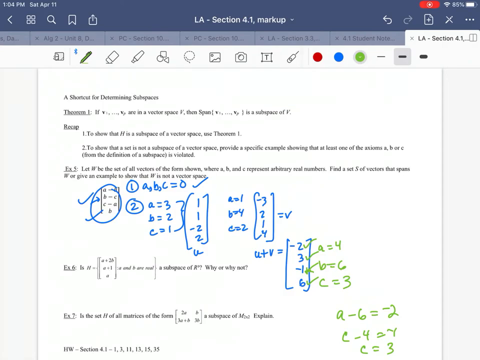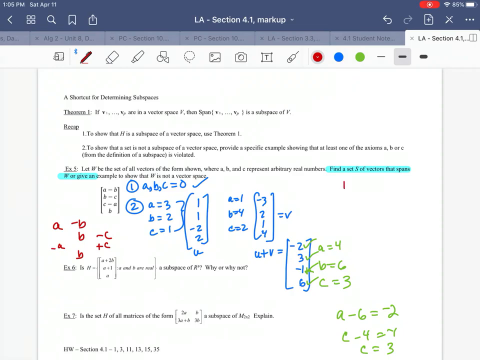All right, so let's do this last little part right here. So it is a vector space. So find a set S of vectors that span W. So to do that, I want you to notice what is in this original piece right here. If I kind of rewrite that and line everything up, I have A minus B and no C. Then on the next row, I have B minus C, so B and then minus C. Then C minus A, so I have -A plus C. And then lastly, B. If I turn that into vectors, my first vector right